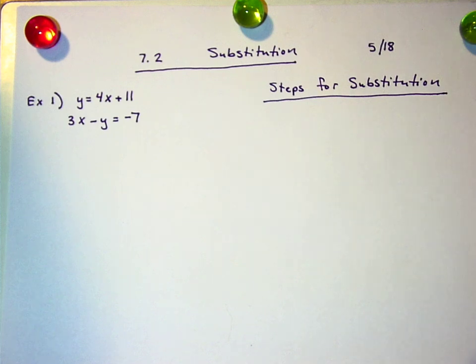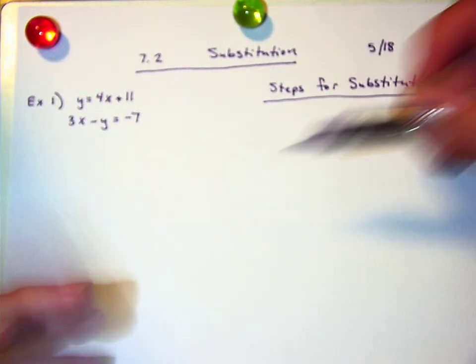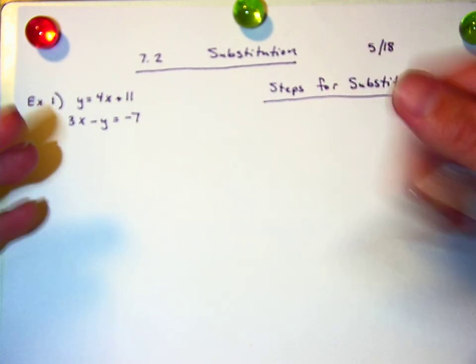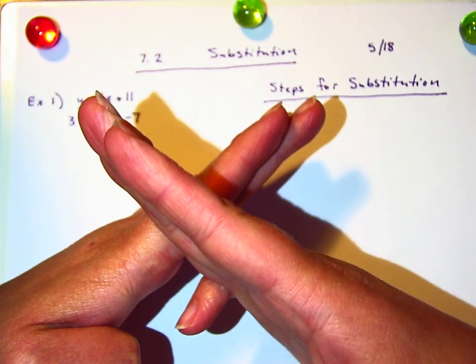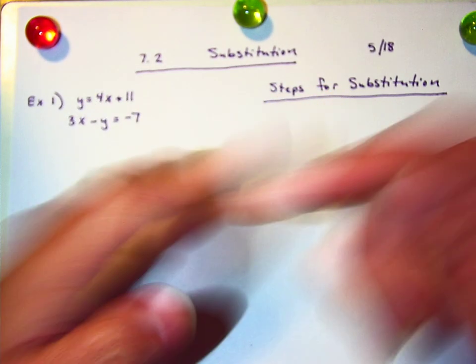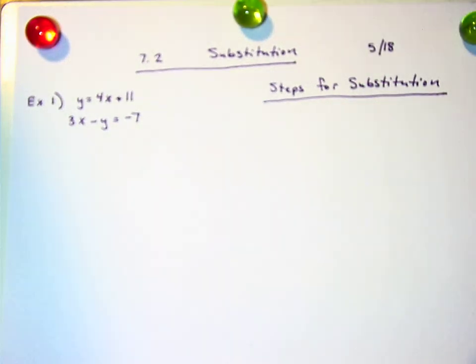All right, so today we're talking about substitution, 7.2. The basic idea behind this chapter is that we are thinking about two lines like this, and we're trying to figure out where they cross. One way to figure out where they cross is to graph them, which is what we did last time. And then there are two other ways to figure out where they cross, and both of those use algebra